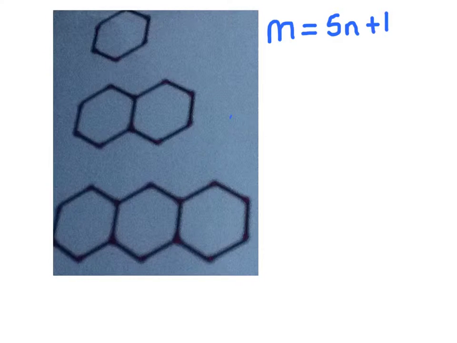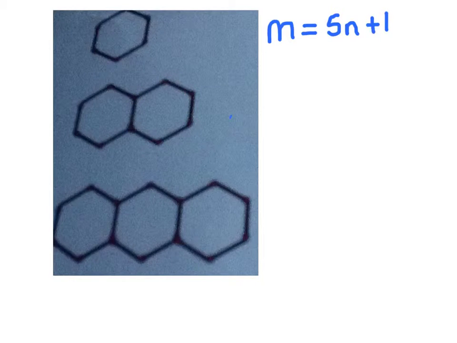Now, to the left here is a pattern of hexagons. So here's my one hexagon, my second part of my pattern is 2, my third part of the pattern is 3. In there are a number of matches. This first hexagon here is made up of 6 matches. The second one is made up of 11,